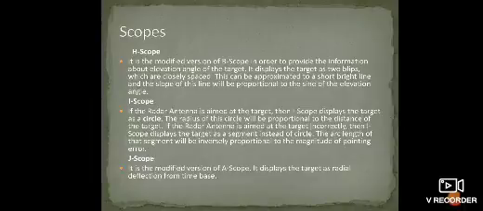The radius of this circle will be proportional to the distance of the target. If the radar antenna is aimed at the target incorrectly, then the I scope displays the target as a segment instead of a circle. That means the scope, if it is correctly placed in our radar antenna at the target,